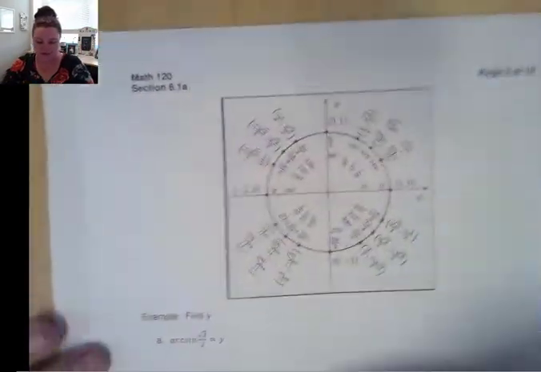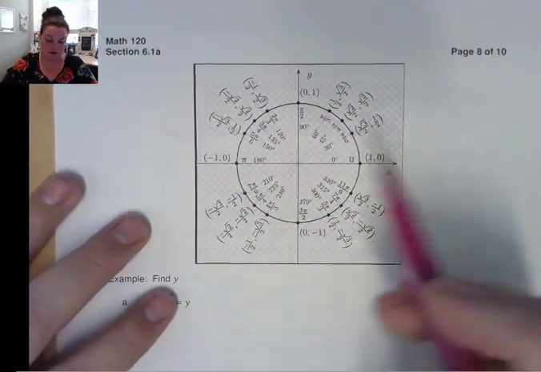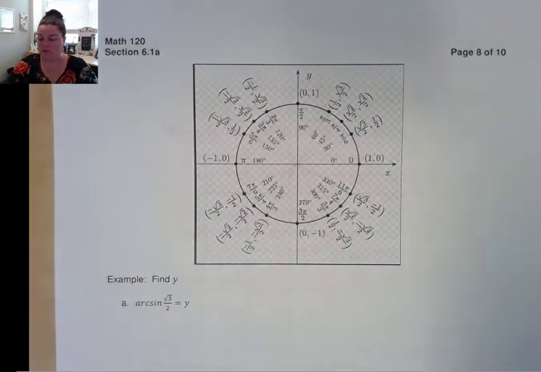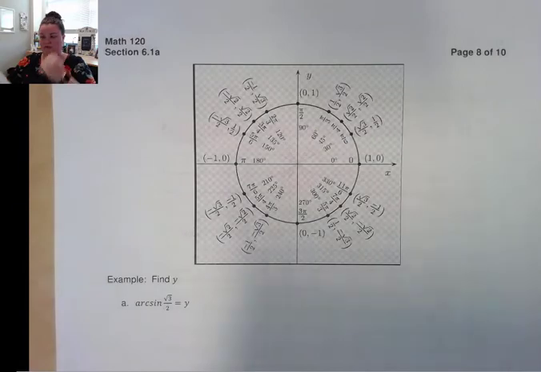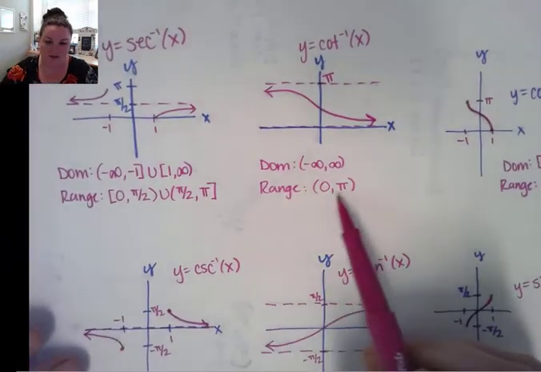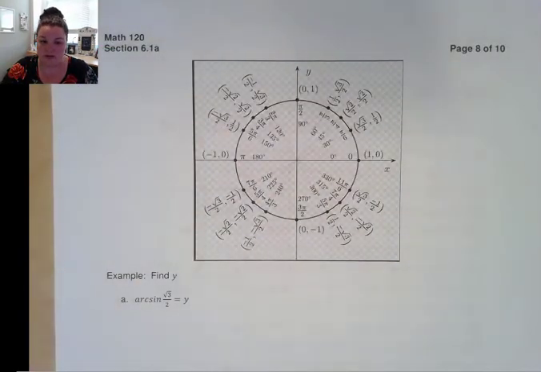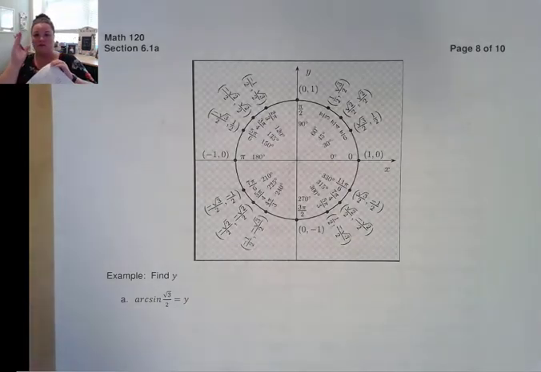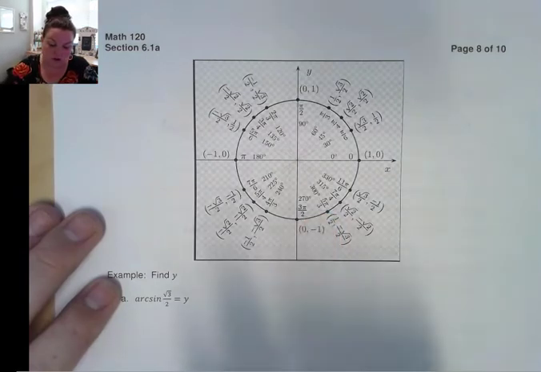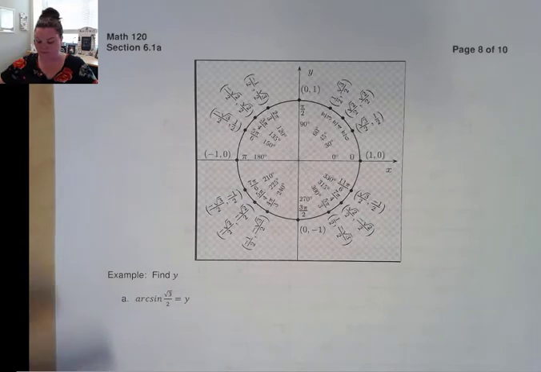All right. So page 8, we have our circle here. Okay, now I have this circle so that we can reference it, but remember a lot of these functions, and I'm just going to put this back on here, this is page 6. A lot of these functions, we now know the domain of them, right? We know the specific, they go from this to this, they go from this to this. So we want to keep that in mind when we're looking for our values on the unit circle, okay? So for example,